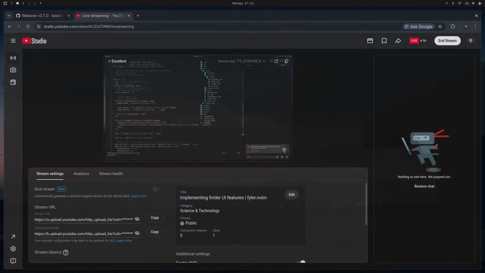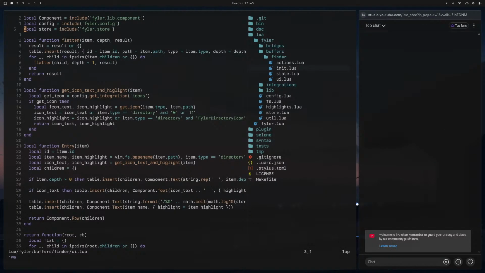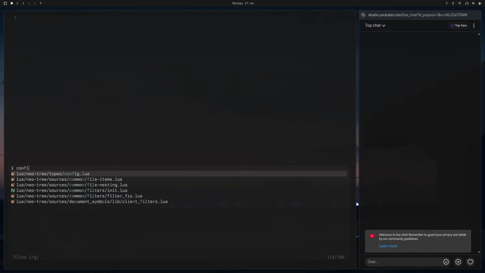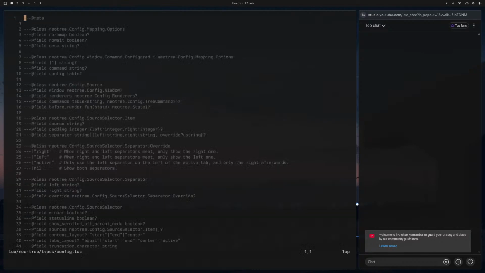So how can we identify a hidden file? A hidden file generally starts with a dot or period. Okay, so I guess the new tree has a configuration. Do we have types? Okay, we do have types. So here